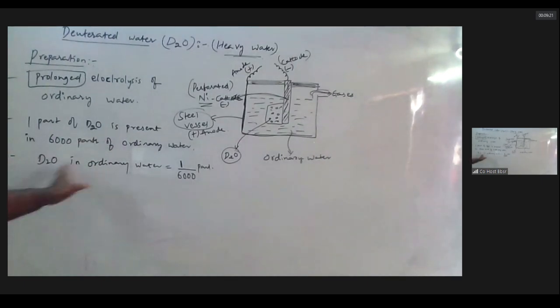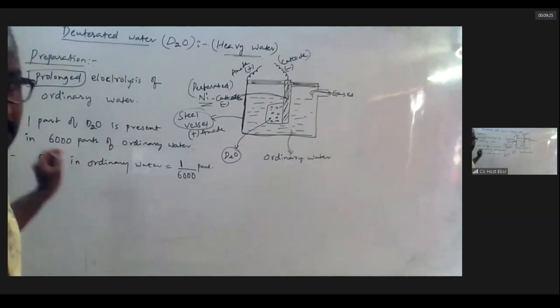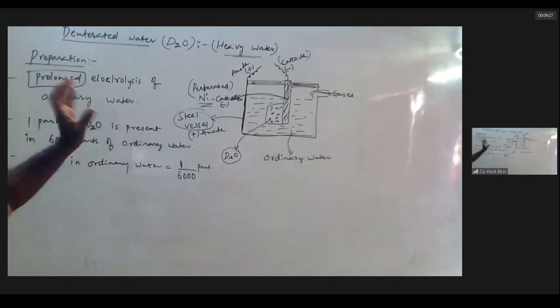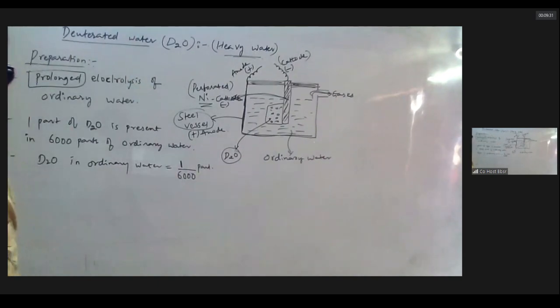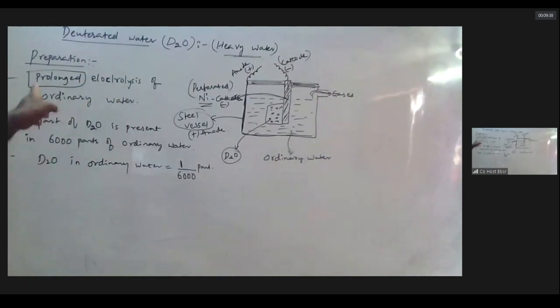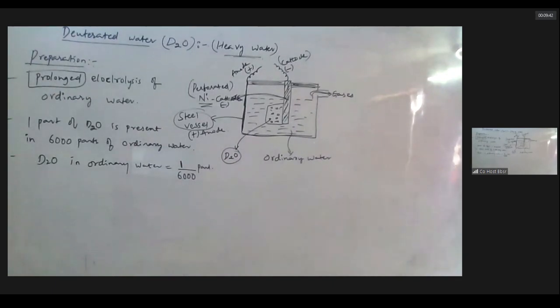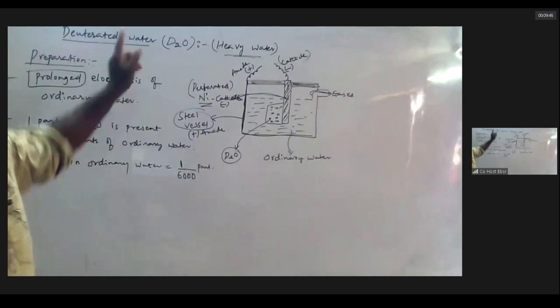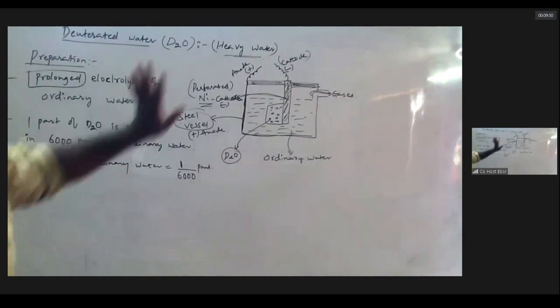Means इतना कम है ordinary water में, लेकिन उससे prepare करना है अब D2O, right? That is nothing but you are doing which electrolysis? Not normal electrolysis. That is prolonged electrolysis of ordinary water करने से आपको deuterium water, deuterated water और D2O heavy water आ जाएगा,